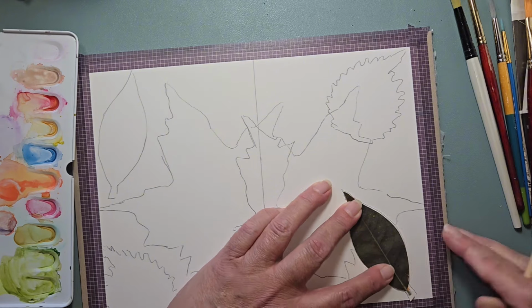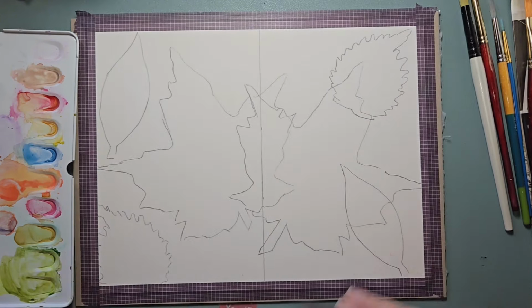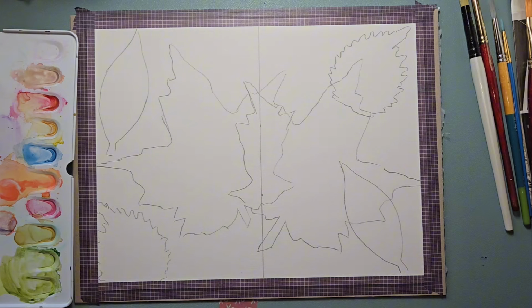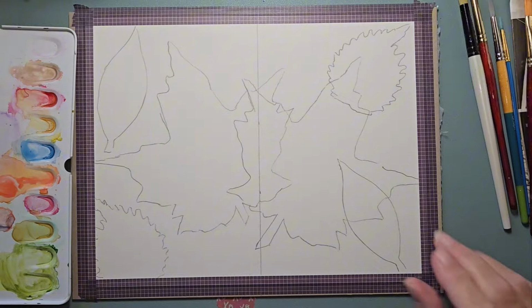Okay. Now I realize that these leaves were all green, but it's autumn now, and the leaves are turning here in Michigan, even though it's only the 2nd of September. I'll put that on the side, put it away. Okay,